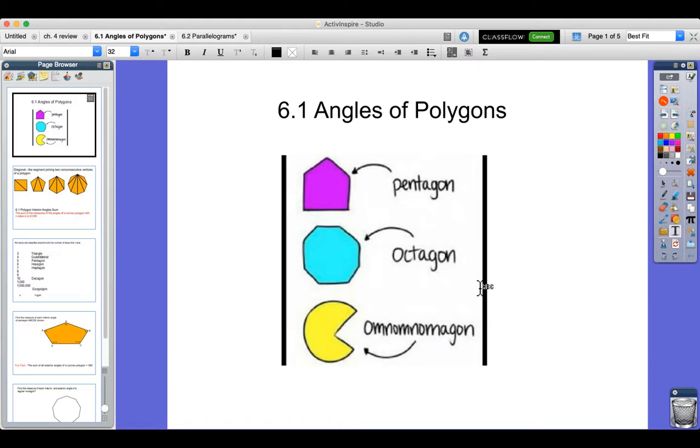Now, this angle of polygons is kind of like they needed to talk about this certain thing, so they just stuck it with quadrilaterals. But the chapter is mostly about four-sided figures, but we're going to talk about angles of polygons in general, for any kind of polygon. All right, so